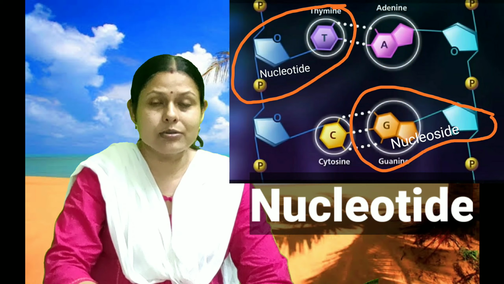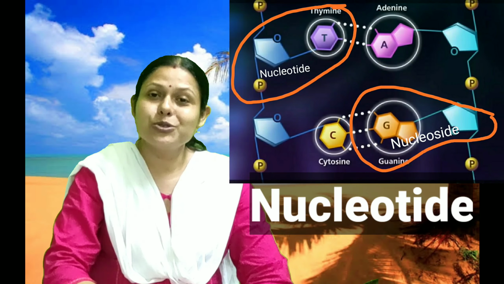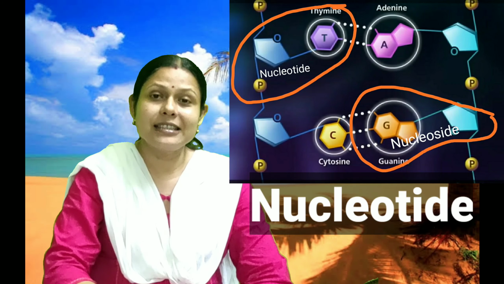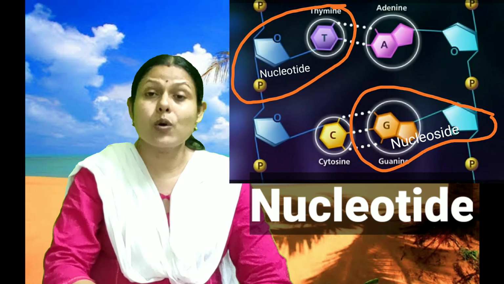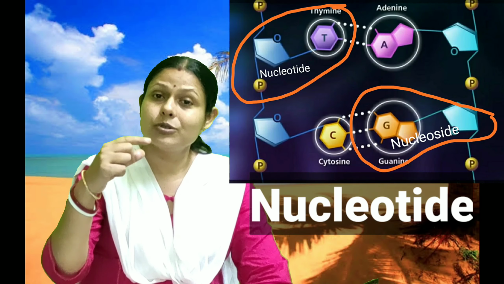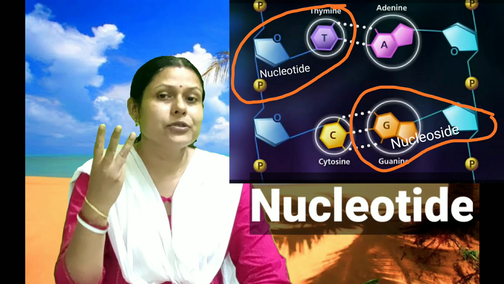Okay, before we go into the sugar, we must know that the DNA is made up of repeated units of nucleotides. Now again we should know what a nucleotide is. Perhaps in your junior class, when you were in class 9 and studying about nucleus and chromosomes, you also came to know that the DNA is made up of repeating units called nucleotides. Nucleotides in turn are made up of three things.